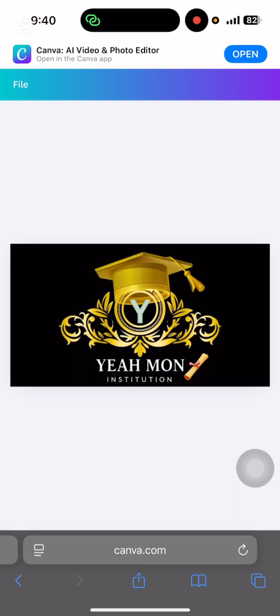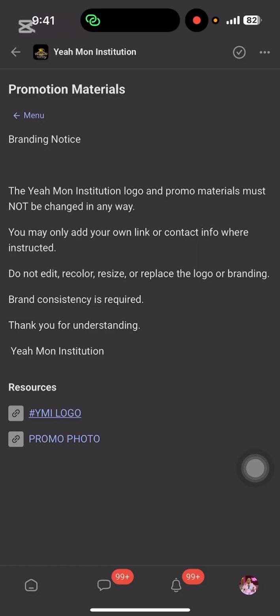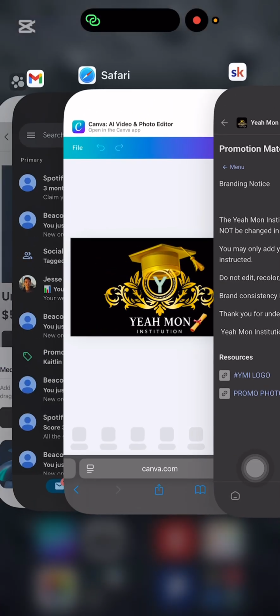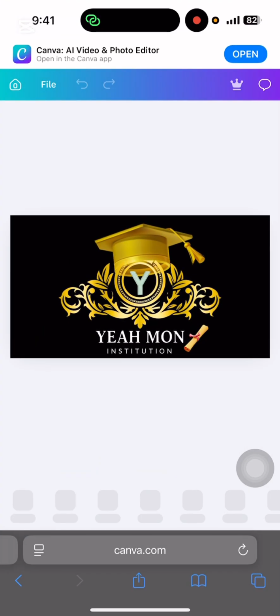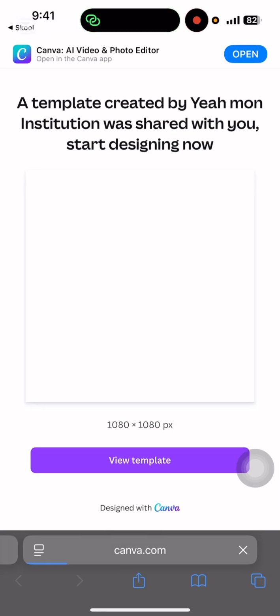All right, so this is the logo. This is the logo, guys, and I want you to know that you see this logo right here. Look, branding notice: Yaman Institution logo and promo material must not be changed in any way. You may only add your own link and contact info where instructed. Do not edit, do not recolor, do not resize or replace the logo or branding, please. All right, so you can use the logo, or if you want to use this promo,